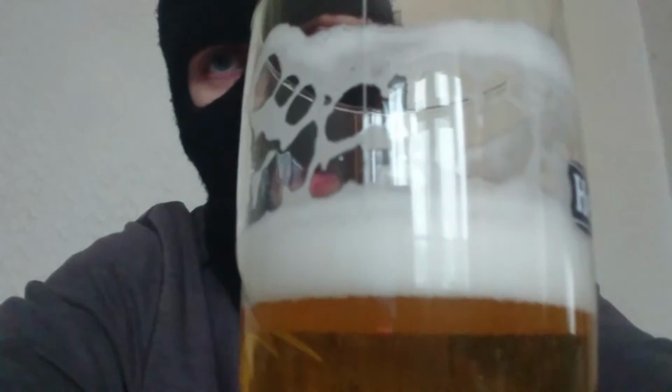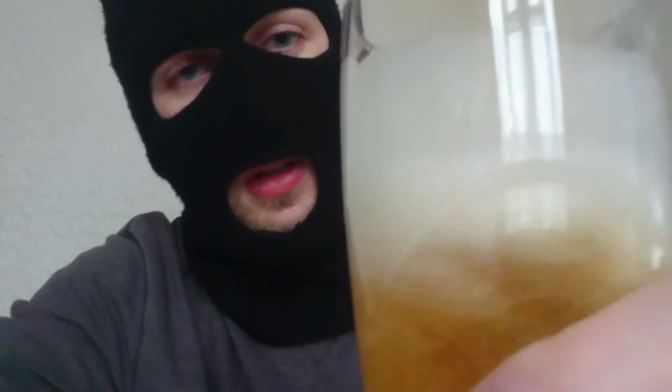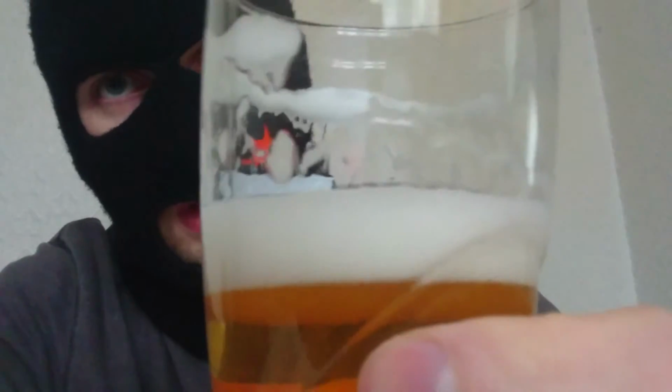The head is sort of frothy but silky. You don't get much on the flavour. As you can see there, I'm just going to give you a bit of a better look around at it. There's your lacing. I always like to work this just so that people can see what I'm experiencing there. The flavour is very bland though. It definitely does fit the Pilsner bill. It's very bland